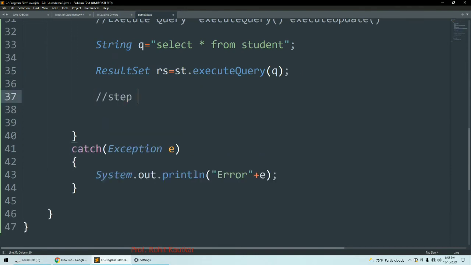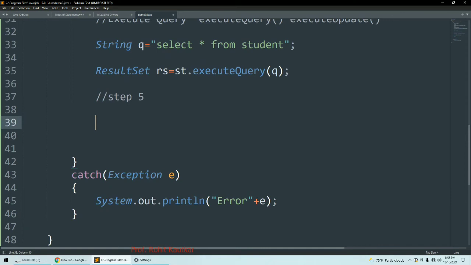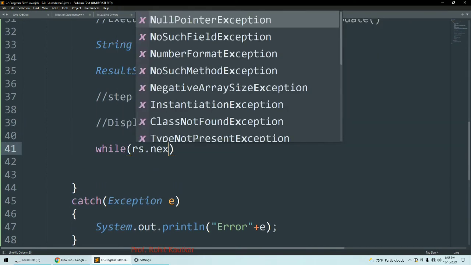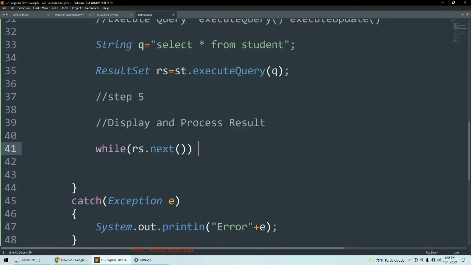So here I will write step number 5, process result. Here I will write display and process result. For that I will write the logic: while res.next. This while loop will continue as long as res has records in it.